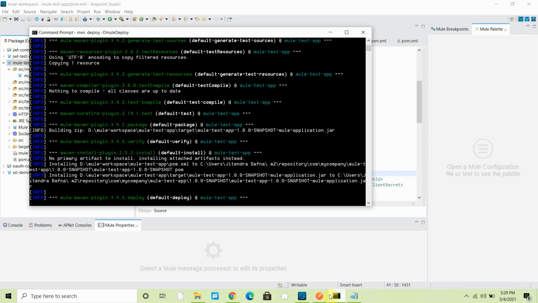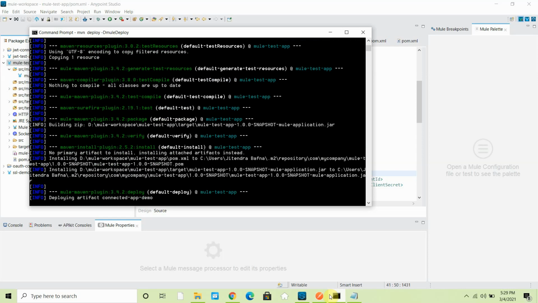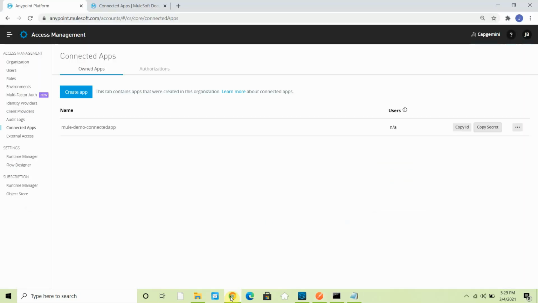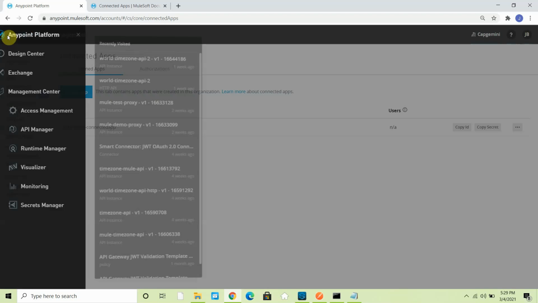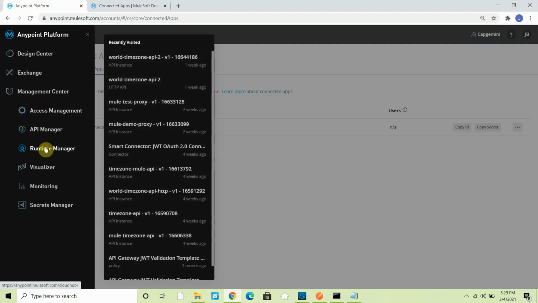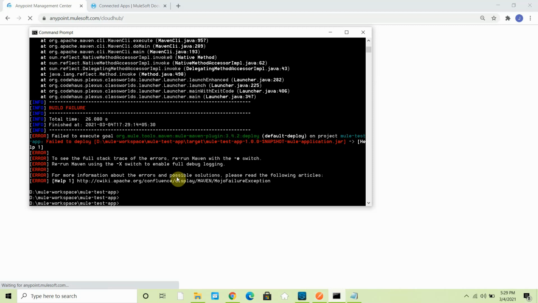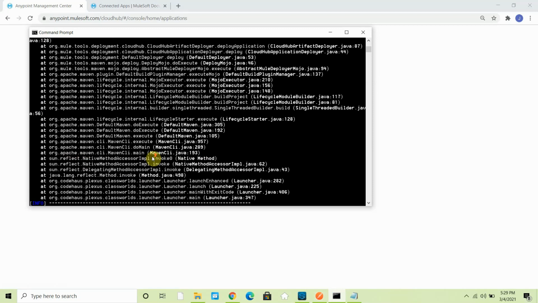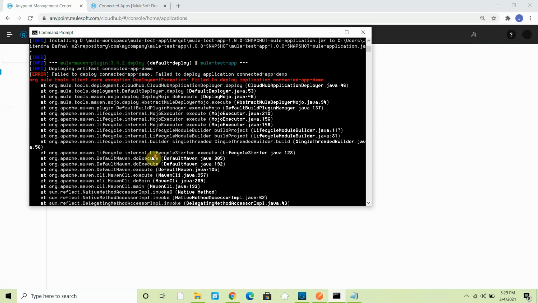If everything is good, it will start deploying this application. So it started deploying the artifact connected app demo. Let me go to my Runtime Manager. It should say... okay, there is an error. Let me check.